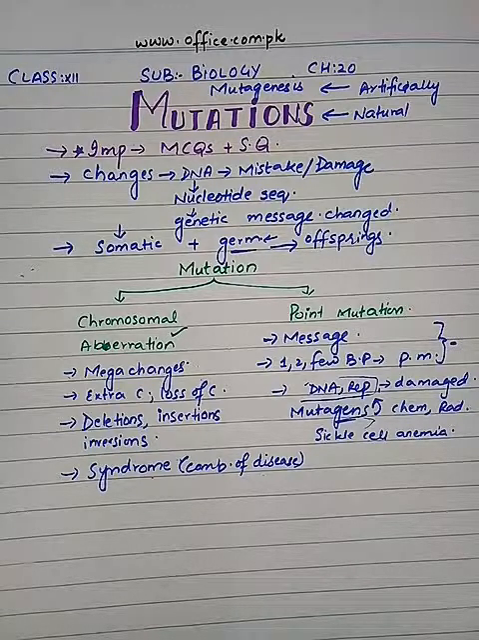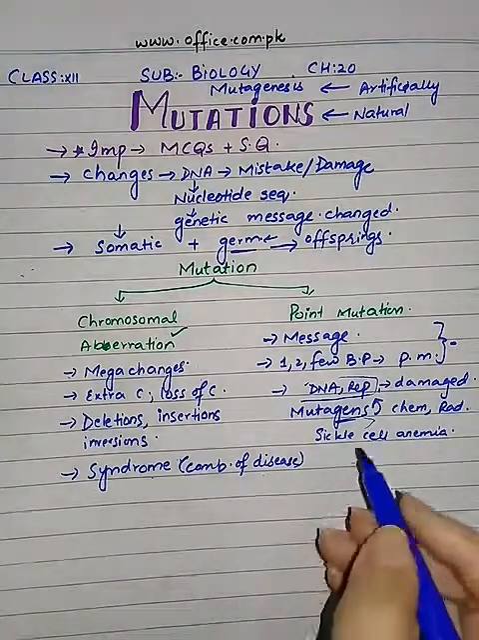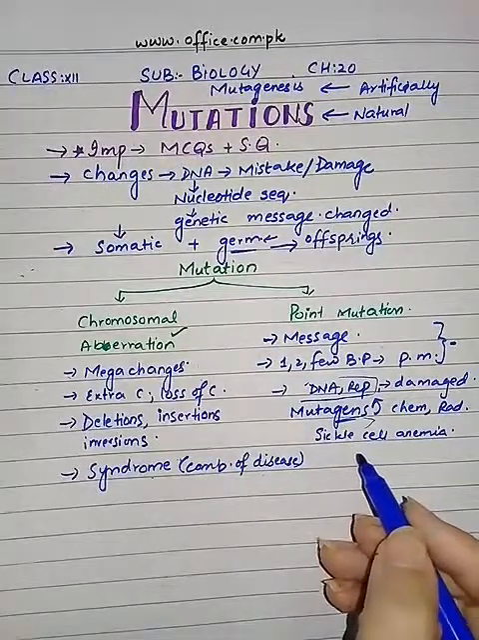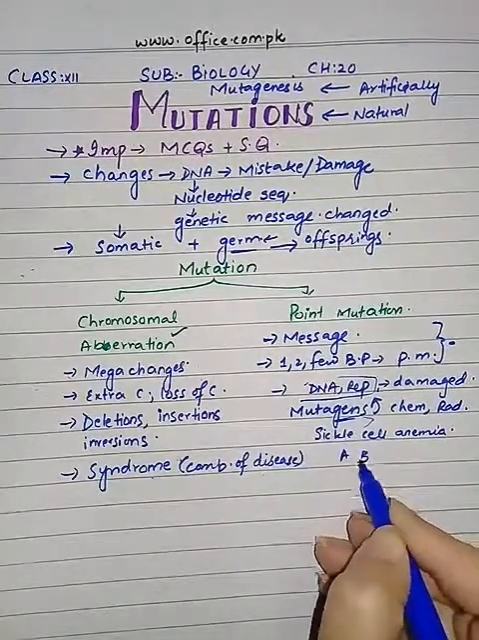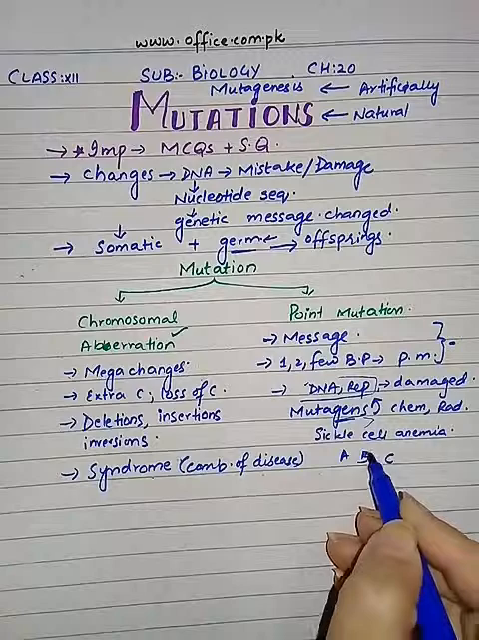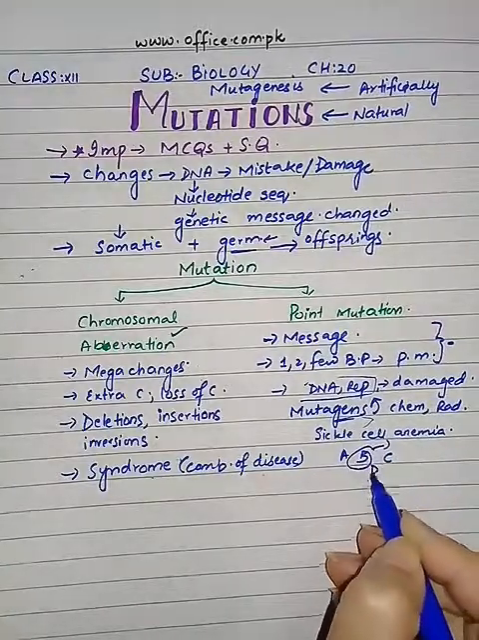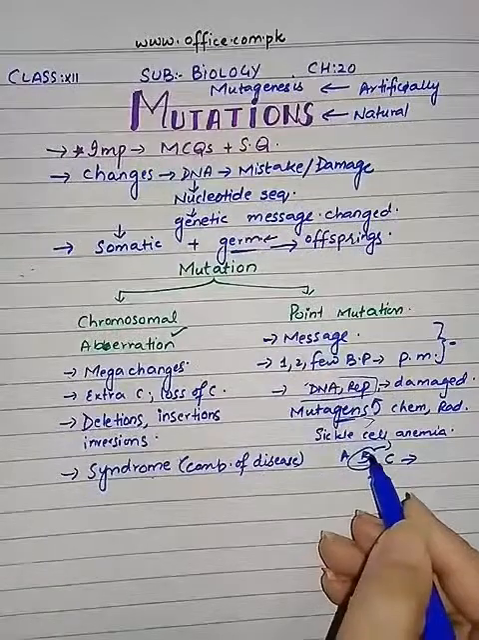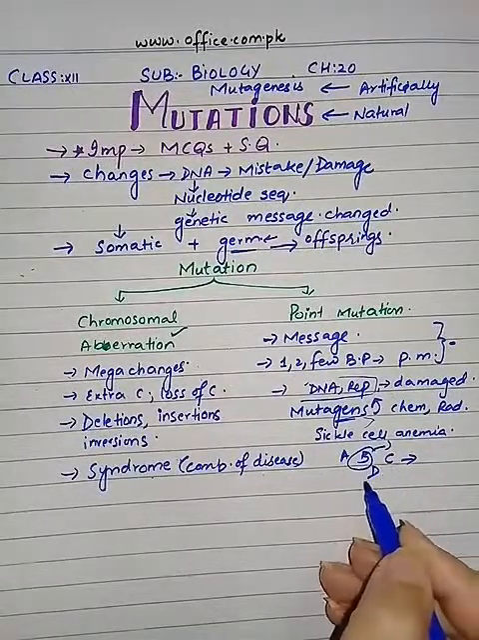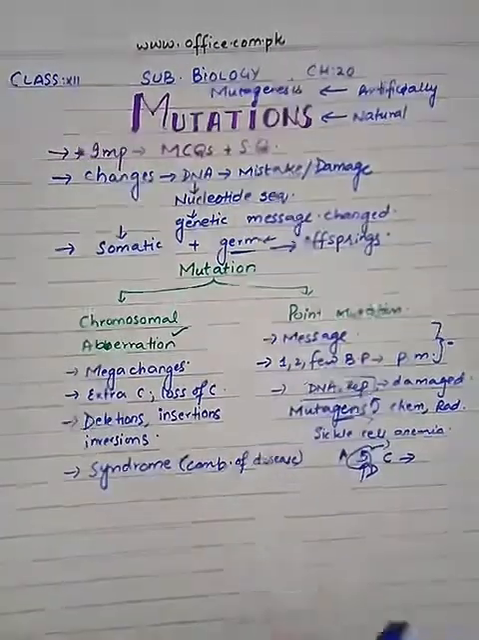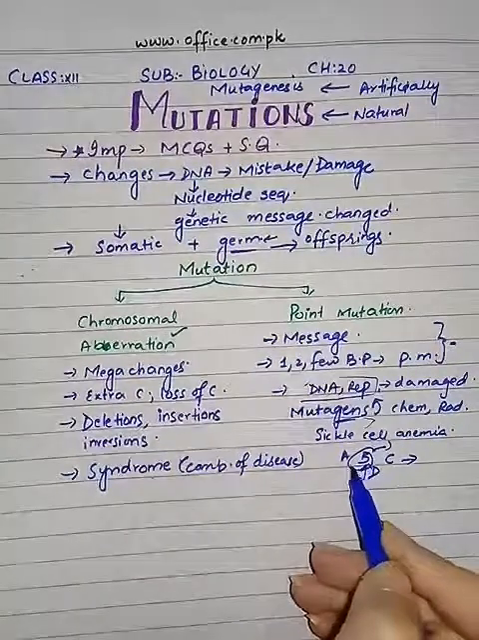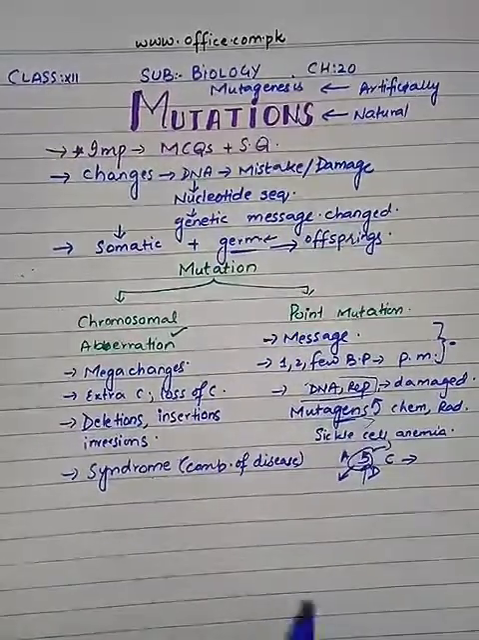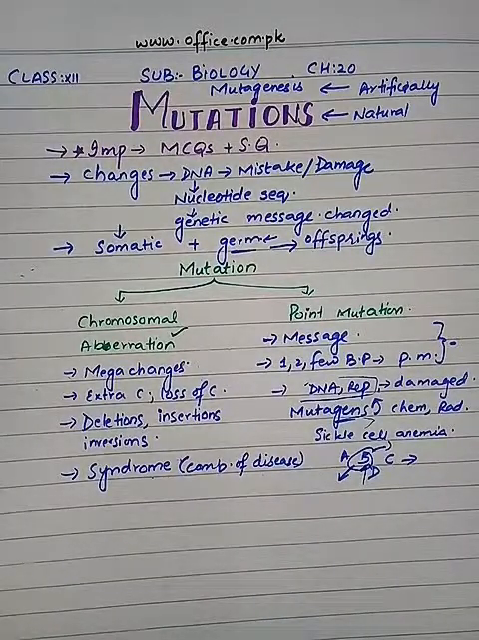So a point mutation can be base substitution, means a base is substituted. For example, here is A, B, C. So this B is substituted by D. So it will ultimately be inactive. It can be insertion, if you add something between the base pairs, or it can be deletion, you entirely delete the B. All will result in an inactive or